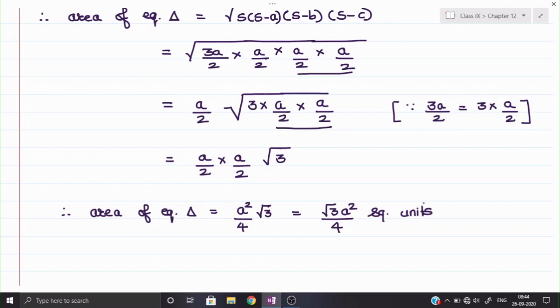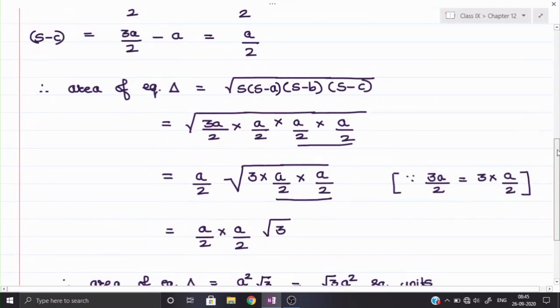So first of all you need to prove the formula of area of equilateral triangle with the help of Heron's formula. See, the formula doesn't change, only we have verified the formula with the help of Heron's formula of triangle method, okay. So here the first part get over. Now what they are saying in the second part? In the second part they are saying over here